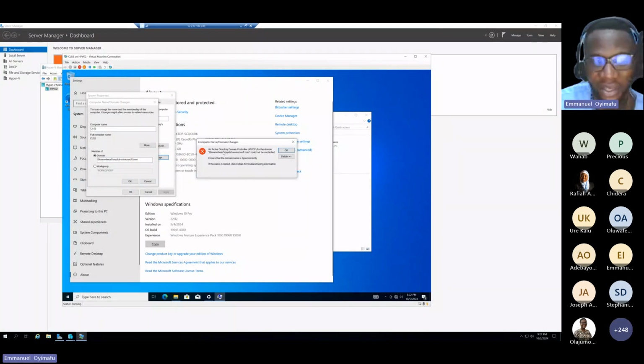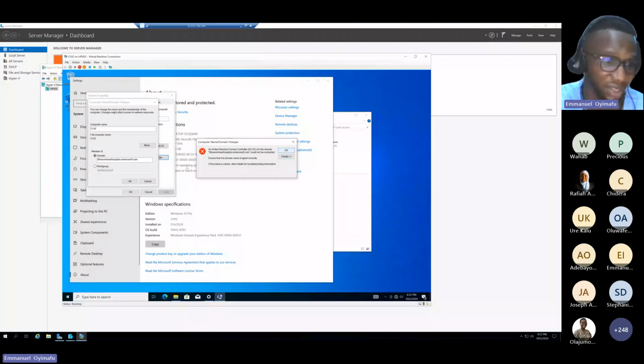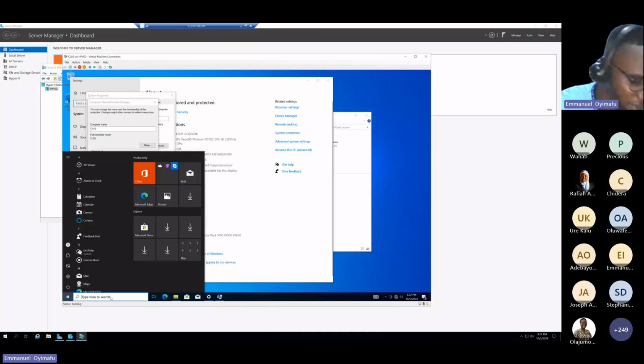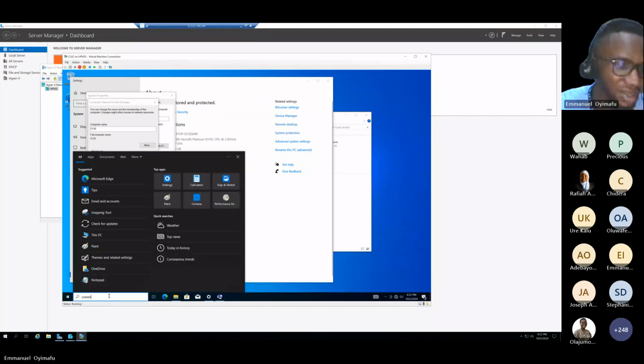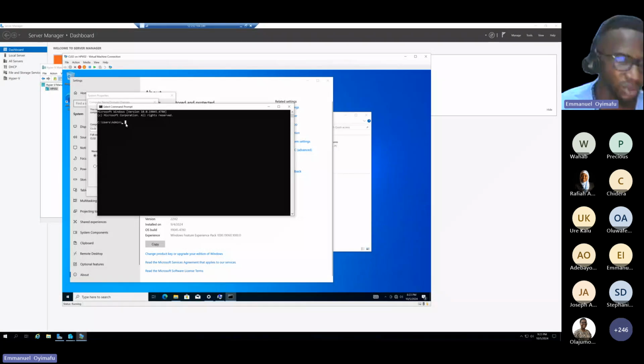I'm getting an error that the domain controller could not be contacted. Let me see if there is an error in the name I entered. We can troubleshoot this right here on this call. Let's check first if it's on the same network as my domain controller. Let me open Command Prompt to check. To check if your computer is on the same network as your domain controller,